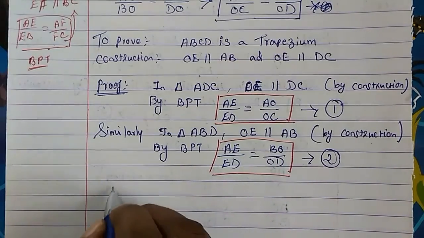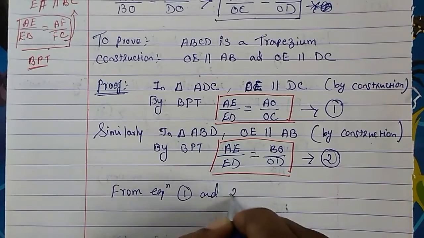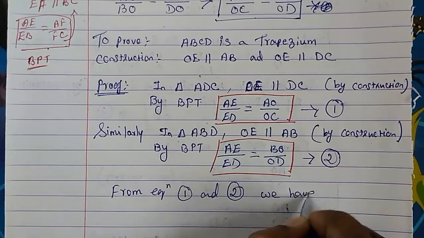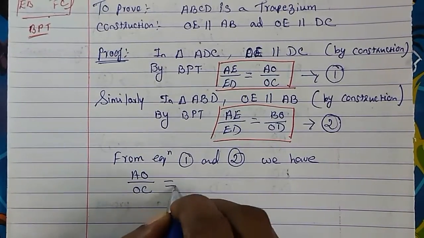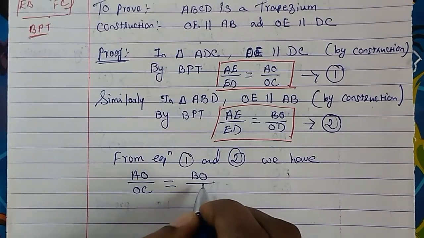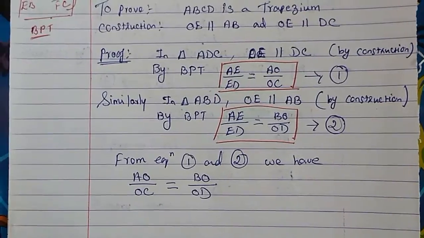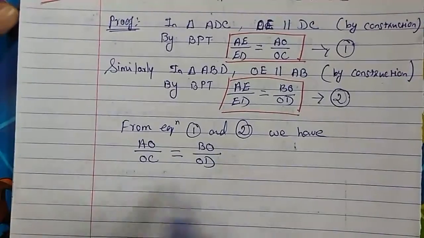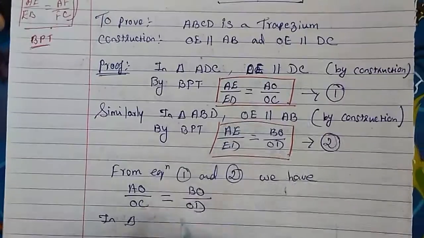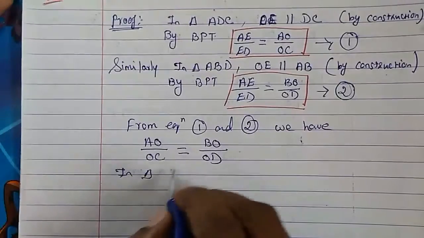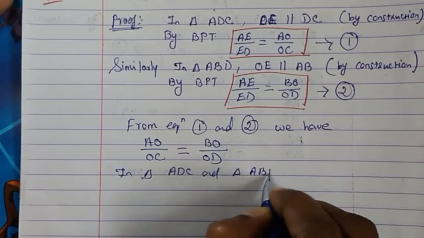So from equations 1 and 2, we have AO upon OC will be equal to BO upon OD. So in both triangles ADC and ABD,